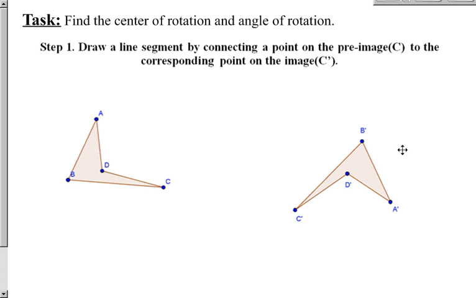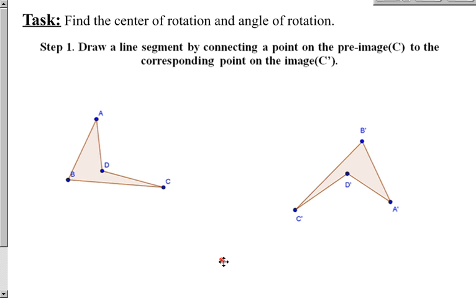Okay, so now we're going to find the center of rotation and the angle of rotation given the pre-image on your left and the image on your right. So I'm looking at this thinking, okay, let me take a guess before I actually construct the actual center of rotation. And I'm thinking maybe around here might be a good guess. And this process is pretty important because